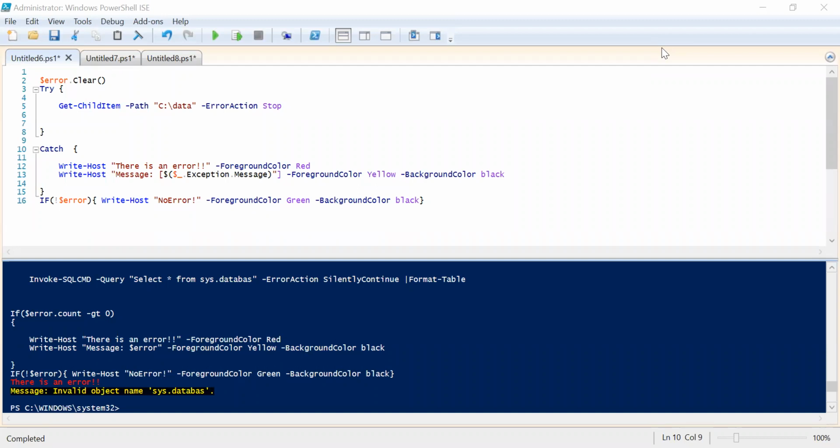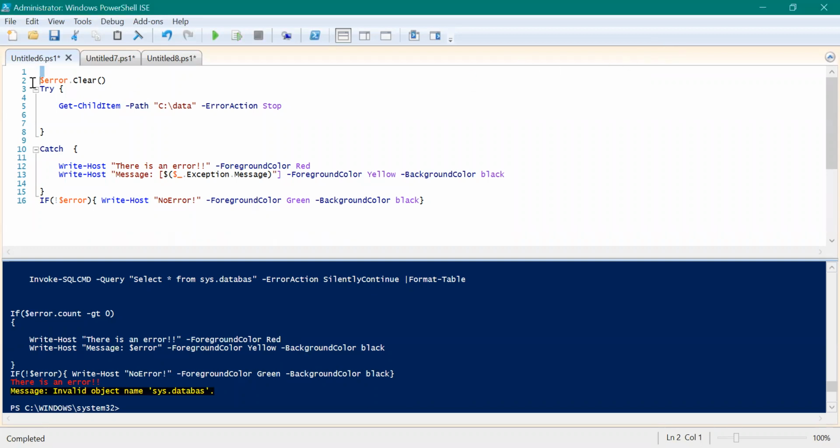I am Saurabh Pandey and today we will talk about error handling in PowerShell. So I have a small piece of code here which is using the try and catch blocks to handle the errors inside PowerShell. But in the first line, what I'm doing here is I'm clearing the error variable. Error is the PowerShell internal variable and it contains the most recent error encountered in the session. Okay. So I want this variable to be empty before starting out the code.